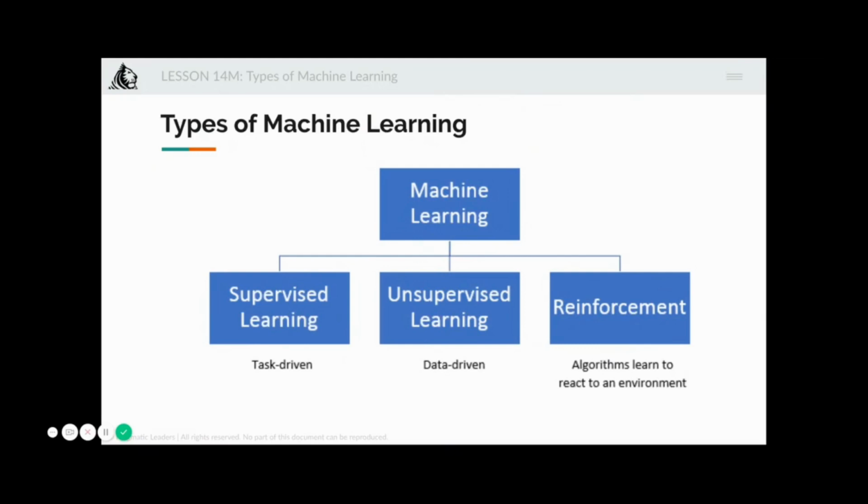Unsupervised learning is basically you'll give the machine learning algorithm a lot of data. Okay, so it is heavily dependent on data. So you will give a lot of data, and the machine learning algorithm will automatically come up with a pattern or an answer or an outcome, and you will judge whether it is suitable for your use case or not. And finally, reinforcement, which is algorithms learn to react to an environment, so they are continuously exposed to an environment. When I say environment, it could be a temperature sensor based, or a self-driving car based, or could be anything else. And then reinforcements kick in.